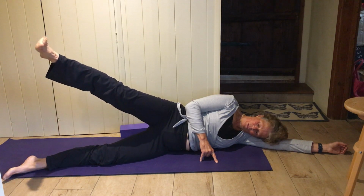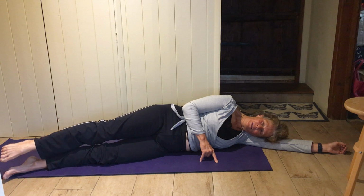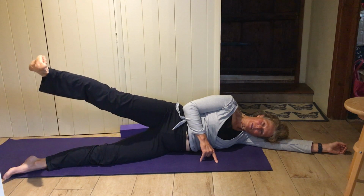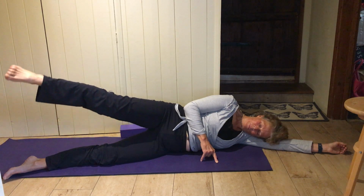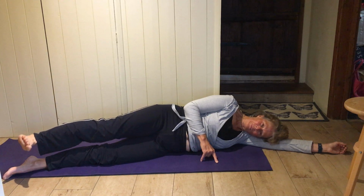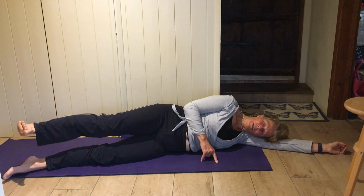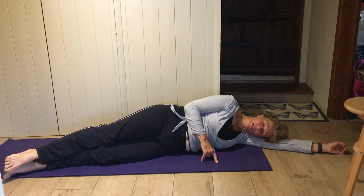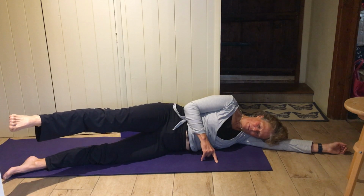Side leg lift. Point the toes, top leg up, foot up. Press out through the heel. Nice and smooth. Okay, let's change it a little bit, but just bring the leg up, take it forward a couple of inches,